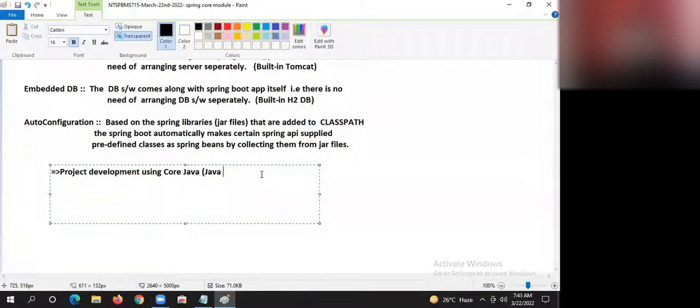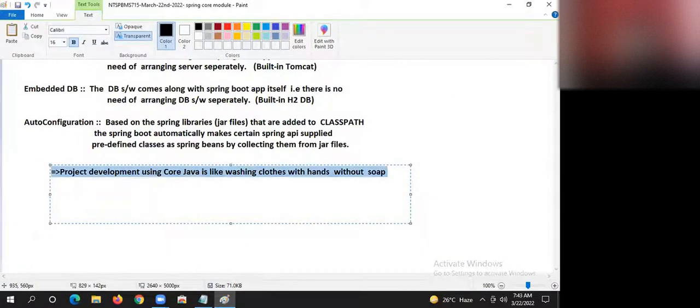Project development using core Java is like washing clothes with hands without soap. Spring MVC will be studied.